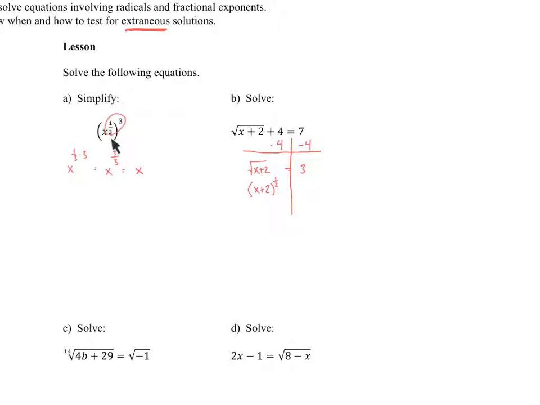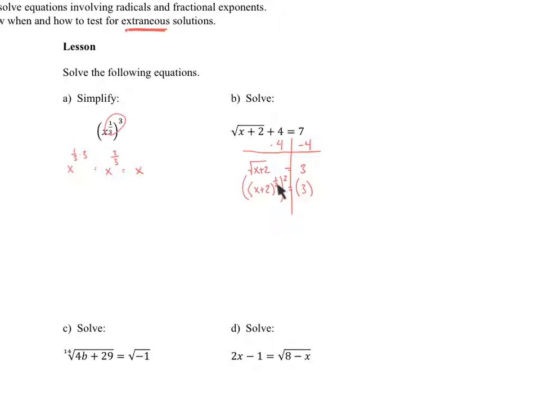Because this was really a cubed root of x, right? But we raise it to the 1/3 power. Over here we still have just 3. If I can rewrite this like that, then I'll remind myself that the way to get rid of this radical would be to square it. Because if I square